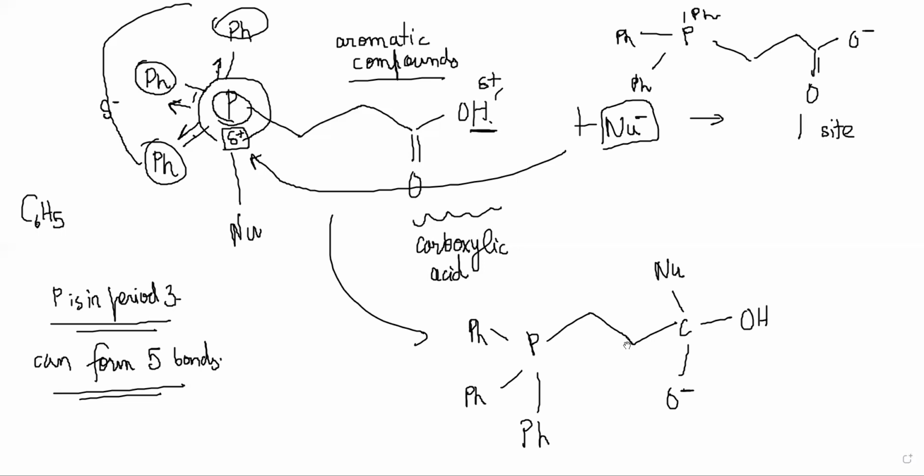H plus will not attach to the carbon like that. So even if this reaction happens, there has to be a different way in which this happens, right? So the second reaction, it looks like H plus is directly adding, but H plus doesn't even have electrons. How will it add like that?